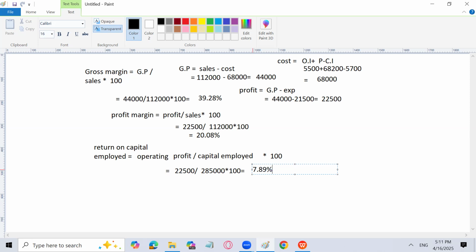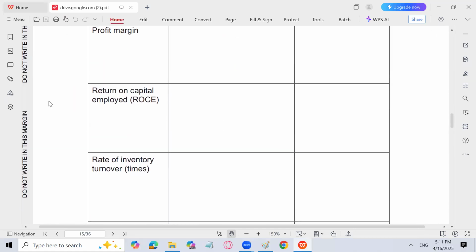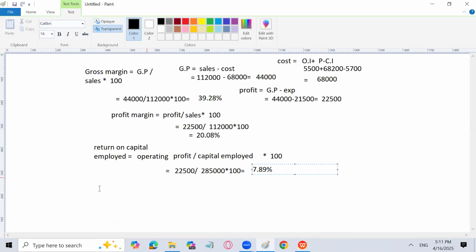Return on capital employed shows how much return you are getting on your investment. That is, 7.89% return you are getting on your investment. Investment means whatever capital you have employed in the business. Then inventory turnover ratio and trade receivable turnover ratio. So first of all, let's see